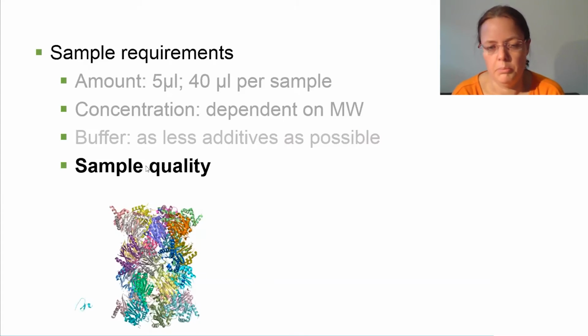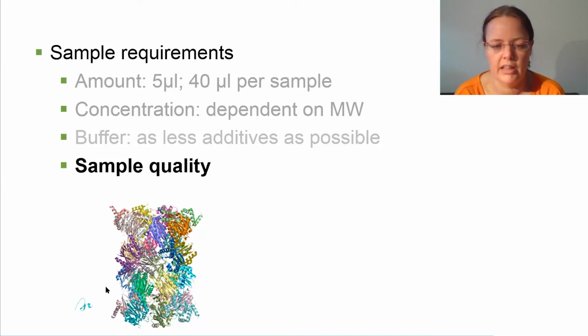And this is one of the main bottlenecks in preparing a good sample for SAXS experiments. So here I just did a theoretical calculation of the two proteins I've worked with in my life, or two extreme proteins I worked on in my life. So this is the Foldon protein. It's 27 residues, a very small protein, and the proteasome, which is over 600 kilodaltons and a huge protein complex.